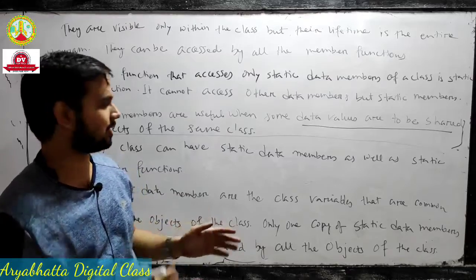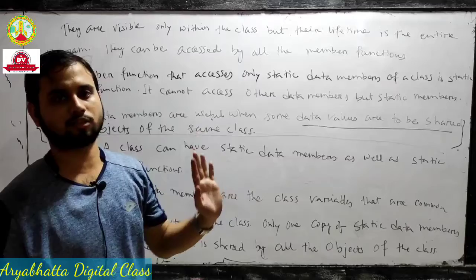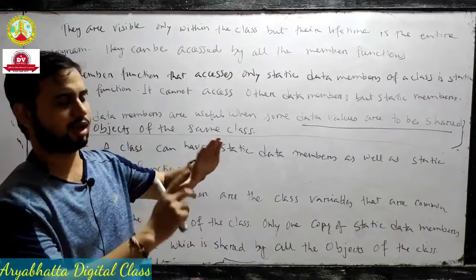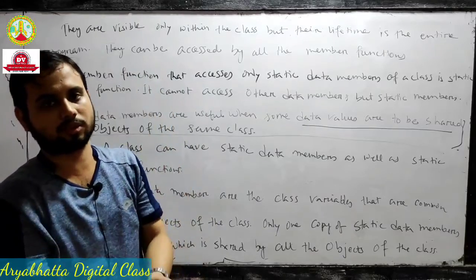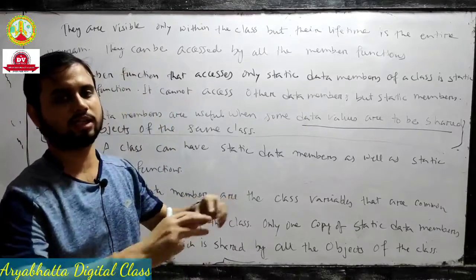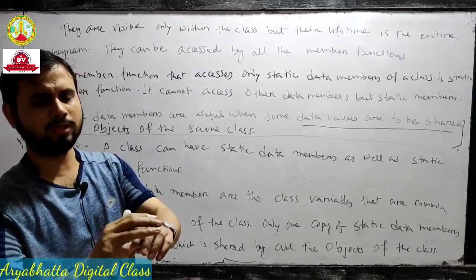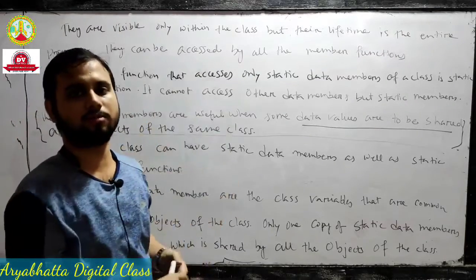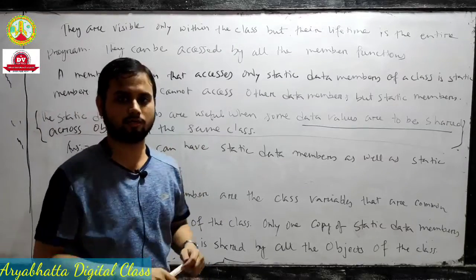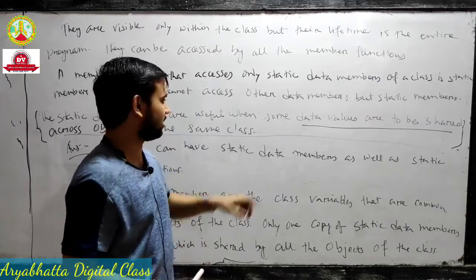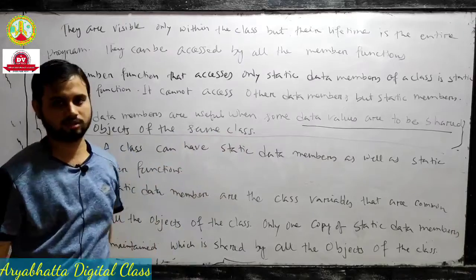Okay, it is not like class X is for the static data member and class Y is for the static member function. The class is the same: whatever class you declare for the static data member, that class is also declared for the static member function, and then both will be interconnected. Then this static member function void show will be accessed by the static data member static int count, and the class will be the same. That's why this is the characteristic across objects of the same class.